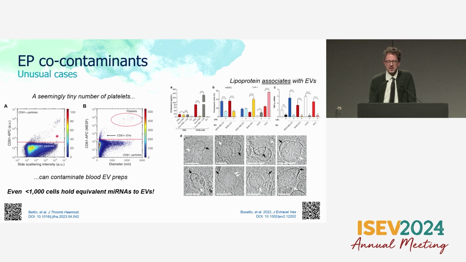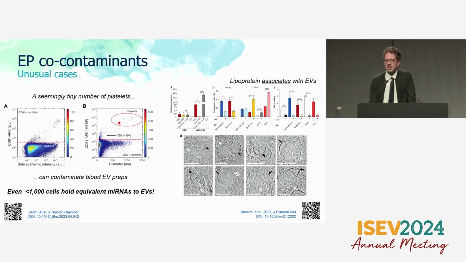They noted that when you isolate particles from blood, you're left with a supposedly insignificant number of platelets. This is less than 1,000 platelets. There's trillions of EVs in that same prep. These platelets are undetectable by most blood lab platelet counters, so it seems that you don't have any platelets left. Of course, flow cytometry can pick those off by their CD61 expression.